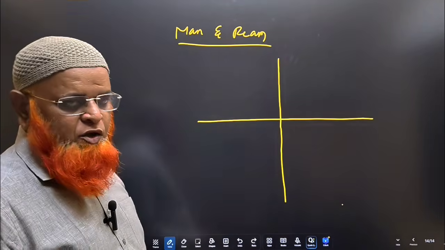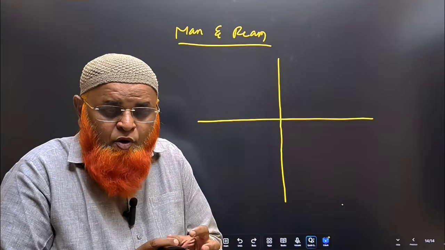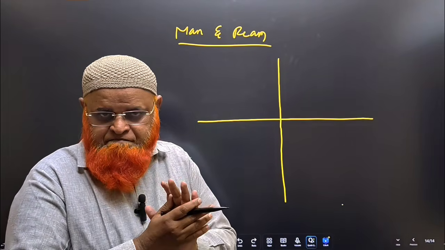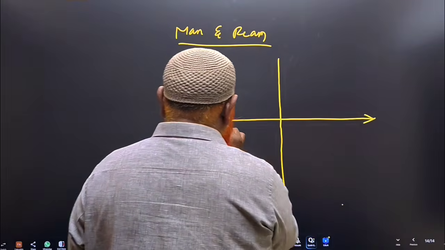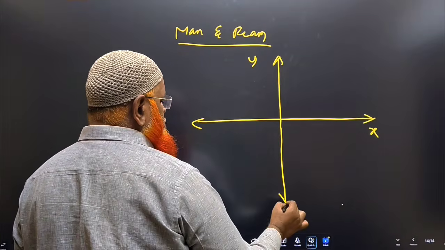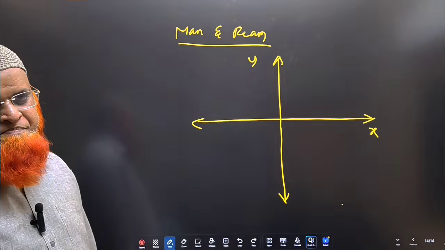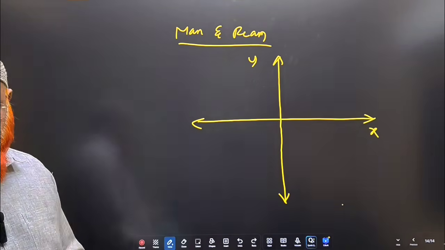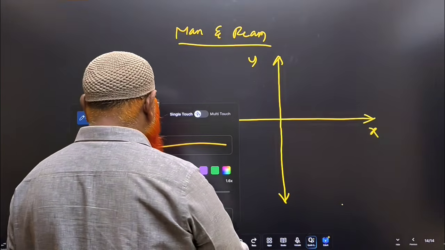Okay, so man and rain, I think you understood now. See, man and rain problems you will understand nicely when you draw the coordinate system. Put one x axis and one y axis, it's very easy. Nobody will teach this way, they say he is reading like this, that is going like that, and you don't understand anything. Practically if you think, see, first thing is you have to remember